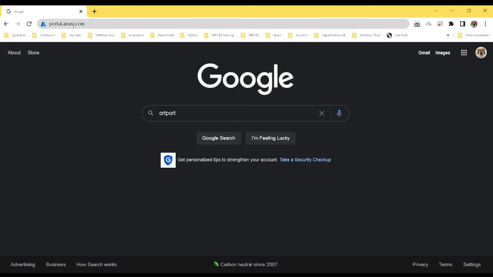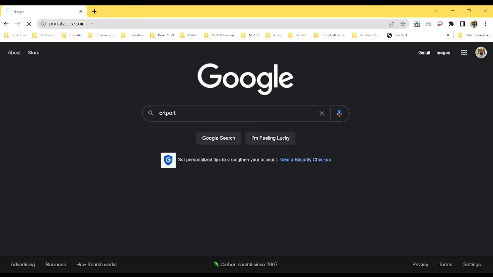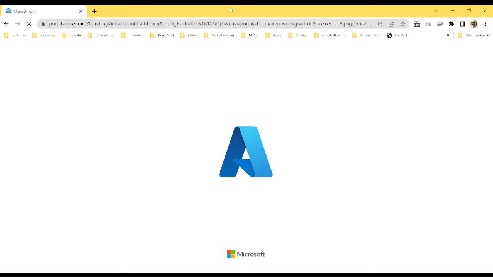So to get started, you will go to portal.azure.com. In my address bar, I have portal.azure.com, and that's what you will be using to get started. That's the actual web address you will go to on Azure. And I'm going to navigate to it. We get the Azure logo, and it's loading up,